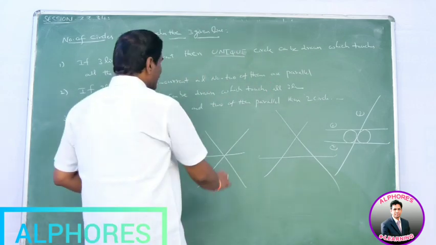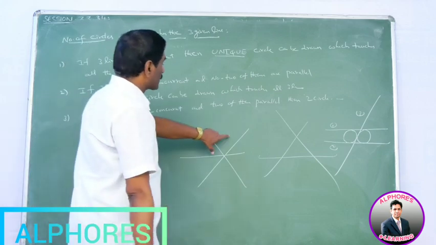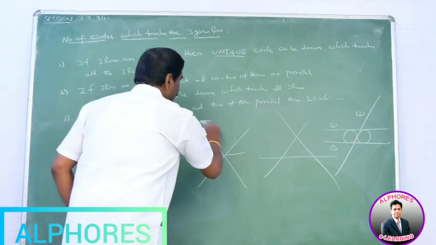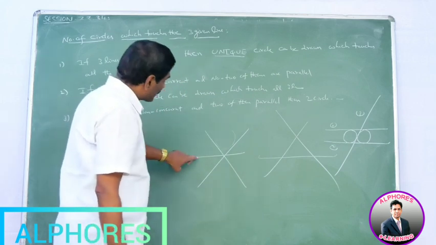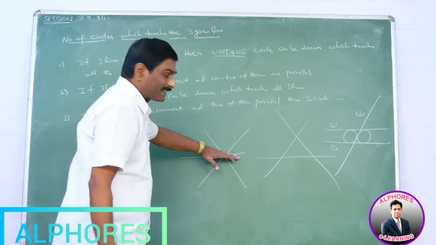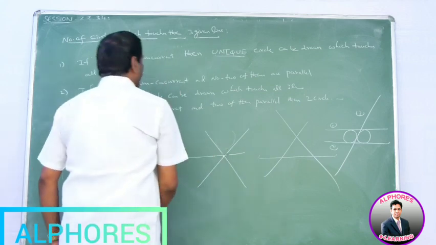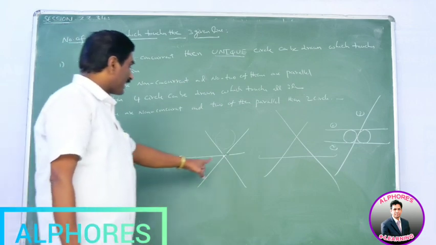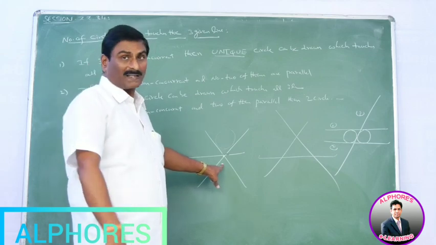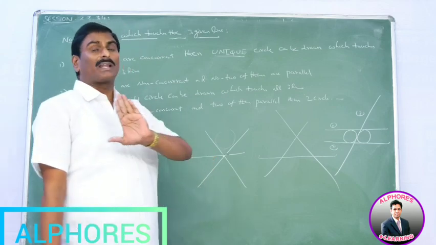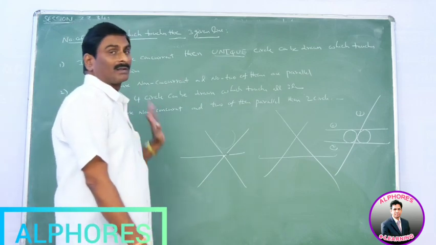In this case, how many circles are possible to touch all the three lines? No circle is possible. Please observe this point. Suppose the circle is here, touching 1 and 2. This circle touches 1 and 2, but it does not touch the third line. It is away from the line, neither touching nor intersecting it. Suppose we take the point circle. Point circle means radius is equal to 0. This circle touches all these three lines. That means there will be only one possibility, that is the point circle. There are no real circles, but the point circle is possible. That circle is unique. Okay.